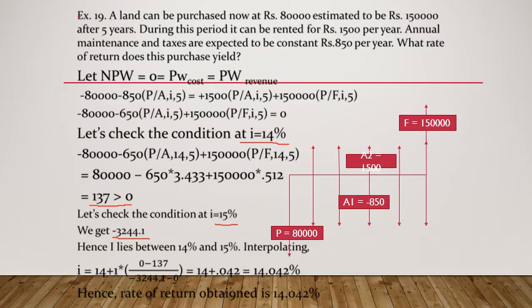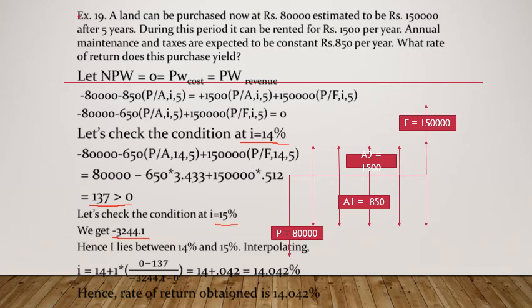I check it. If it continues to be positive, I still increase it till I get a negative answer. If I get a negative answer, I stop the calculation and compare the immediately previous positive answer and the negative answer. The I obtained at the immediately previous positive answer and the negative answer, by interpolating, I can get the I as